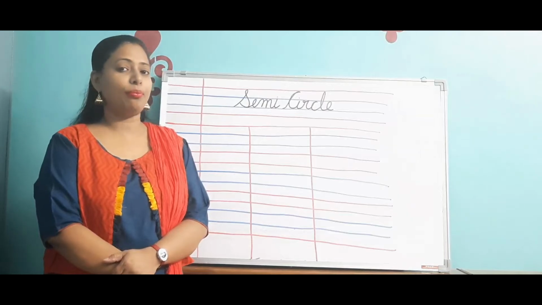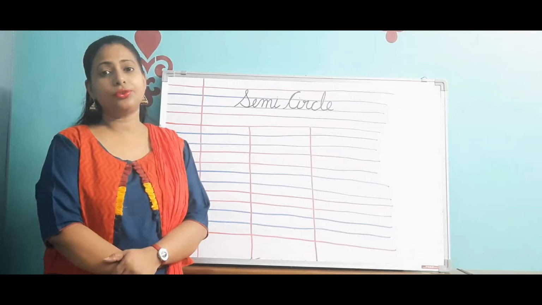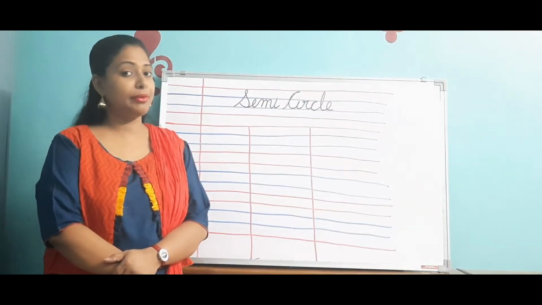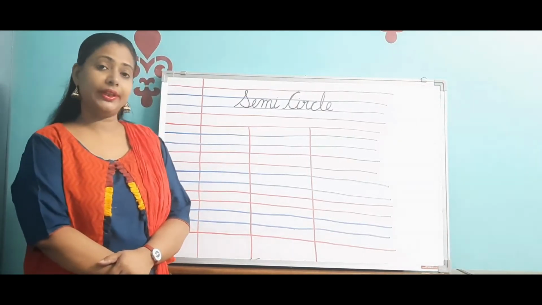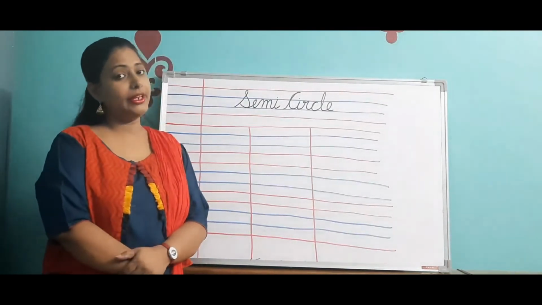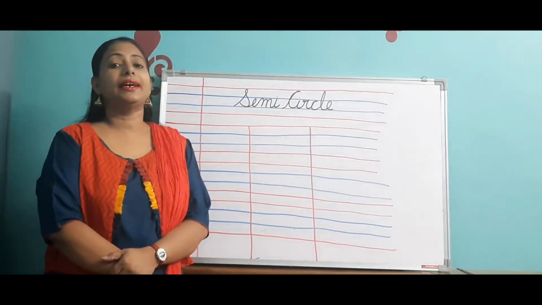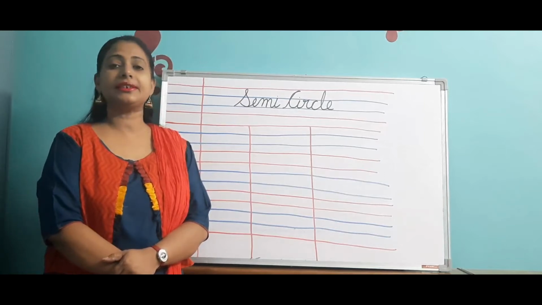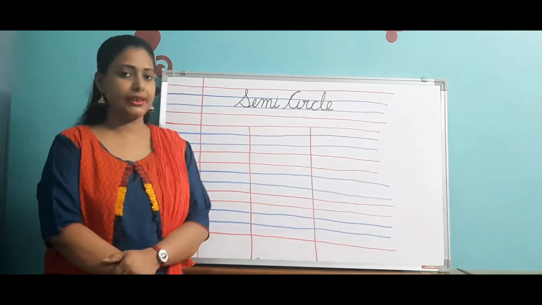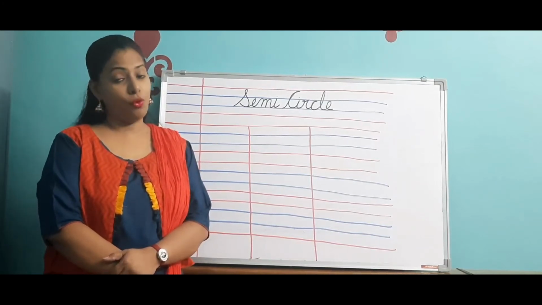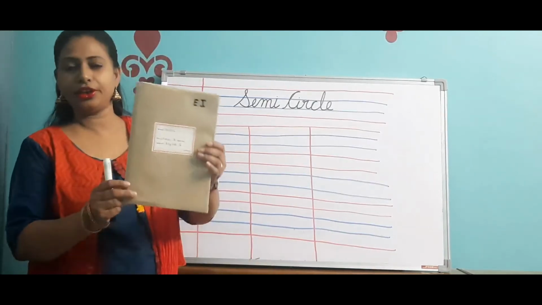In English copy, I have previously taught you the pre-writing strokes: standing line, sleeping line, slanting line. I have already taught you how to write within the 4 lines of the English copy. Now today I will be teaching you the semicircle and the circle. How you are going to write both the semicircle and the circle within the 4 lines of your English copy. And as you know, this is your English copy.